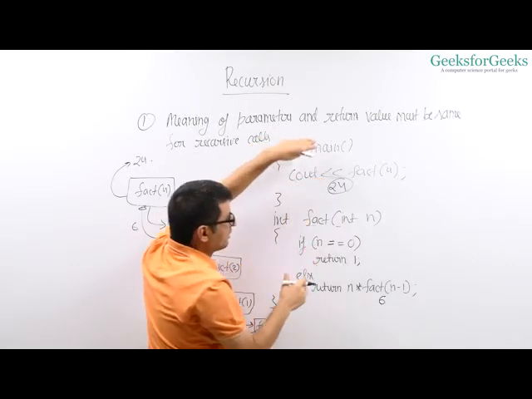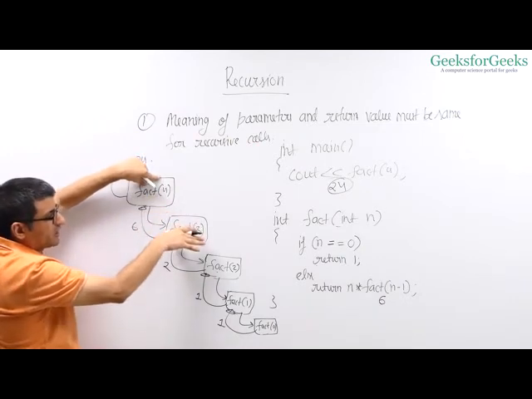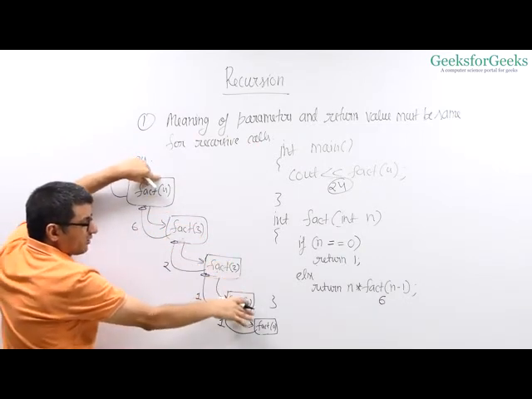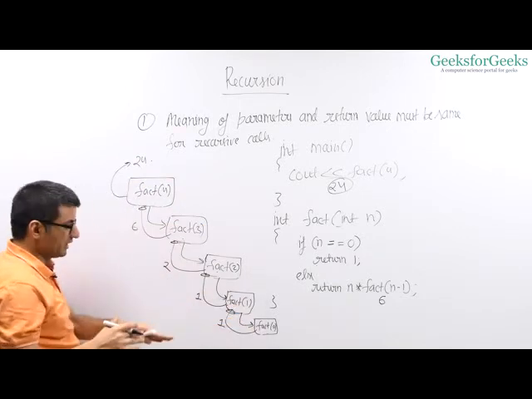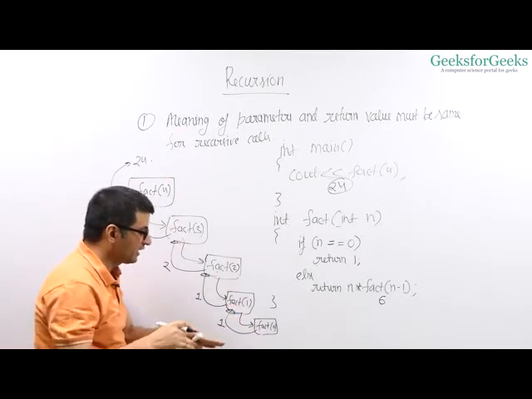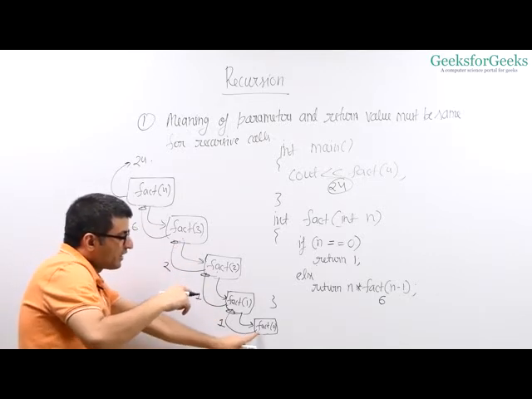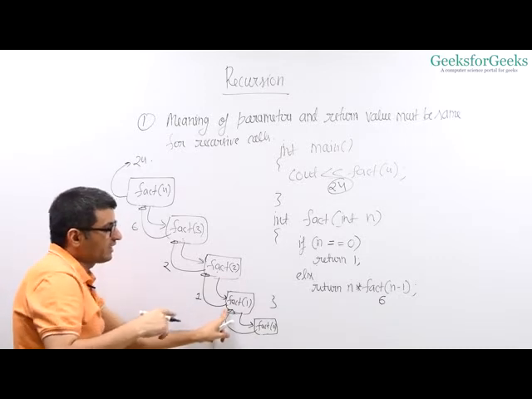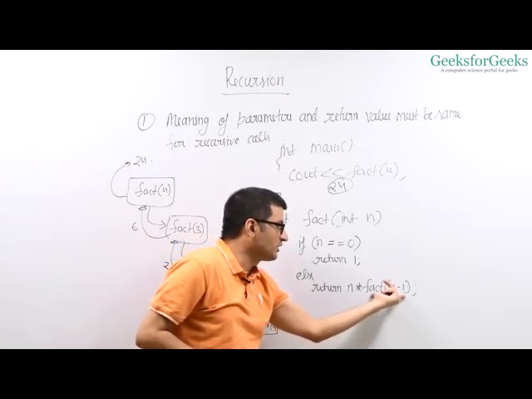So that's how this recursion works. The parent calls its child, which calls its child, which calls its child. It keeps happening until you end up in a base case. And once you reach a base case, the function call stack starts unwinding. Every function starts returning to its parent, and the parent function calls start resuming their execution from the point